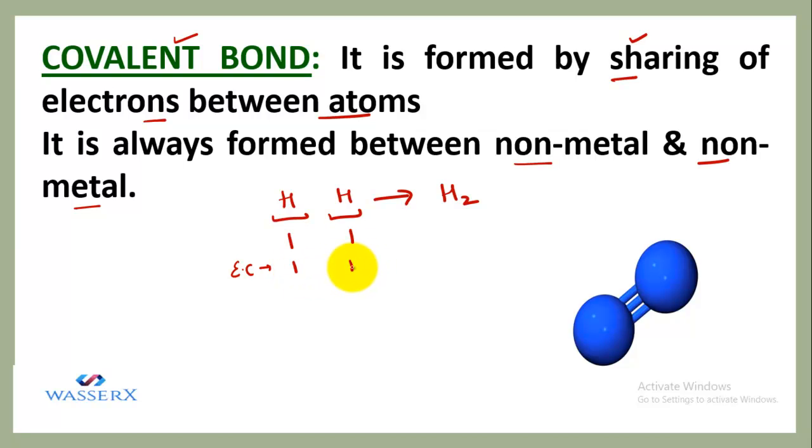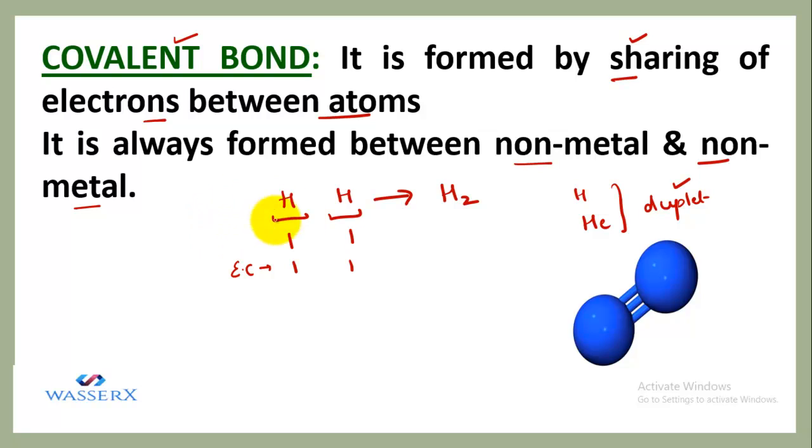And we know that in other atoms we obey the octet rule, that is, the tendency to attain 8 electrons in the outermost shell. But when we talk about hydrogen and helium, they follow the duplet rule. That is, they just need 2 electrons in the first shell, because they have only one shell, the K shell. And we know that the maximum number of electrons that can be accommodated in the K shell is 2. So they obey the duplet rule.